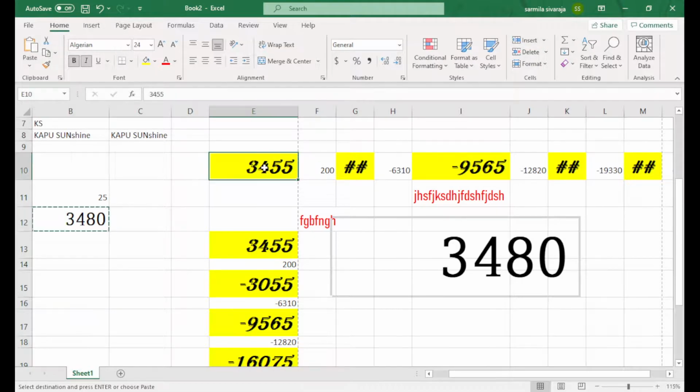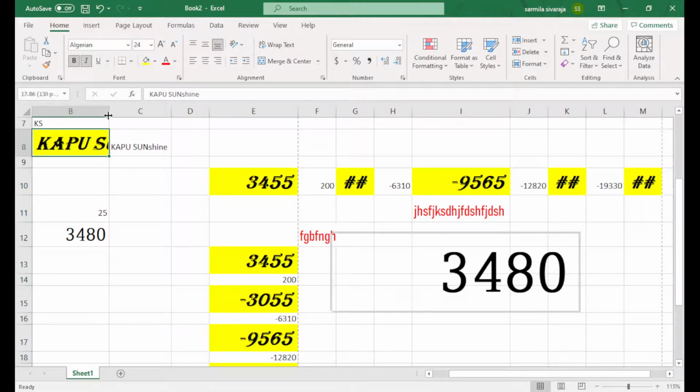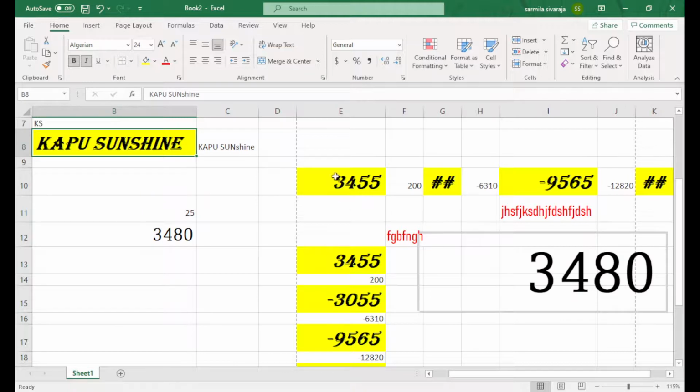Another one is this button called format painter. Format painter simply copies the same formatting, like this. So you can use this formatting paste, or you can use this format painter also. When I select this part and press this button, the mouse pointer looks something like this. Then you can select your part and it automatically changes that format based on your copied thing. So did you guys understand these things?